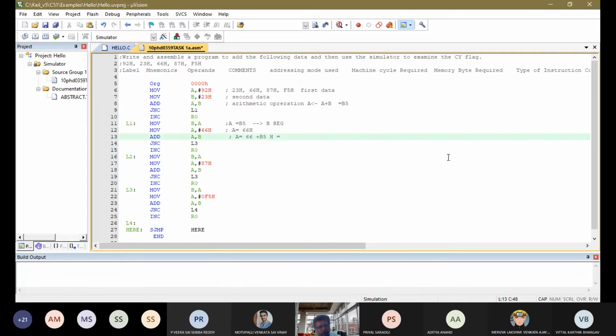It is more than 8 bits. Extra 1 bit is there. Therefore, the jump on no carry condition fails.